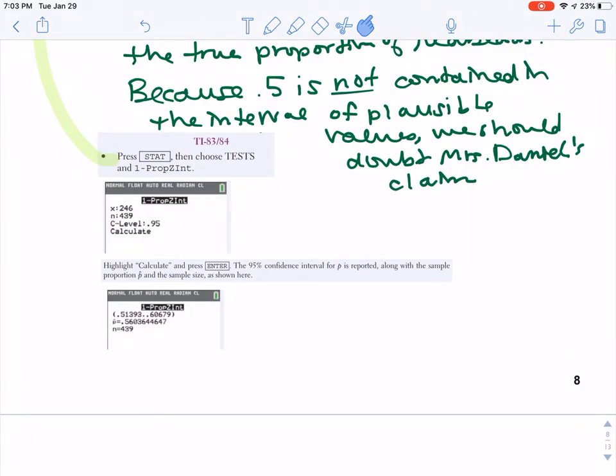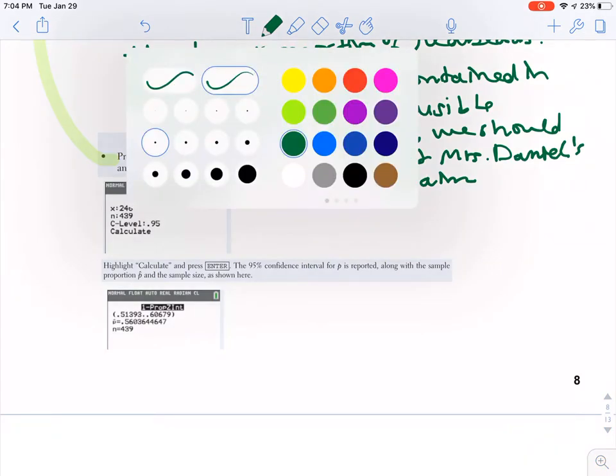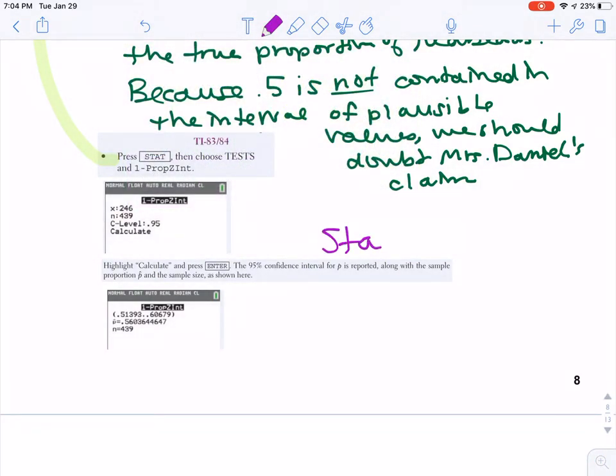Okay, so what you're going to do on the calculator is press the stat key, the black stat key, and bump over to where it says tests. Now there are all kinds of tests here, and you want to be really careful. You want to scroll down and make sure that you pick the test called one proportion z interval. I think it's actually letter A, at least it is on my calculator. When you select that, it's going to ask you for three things.